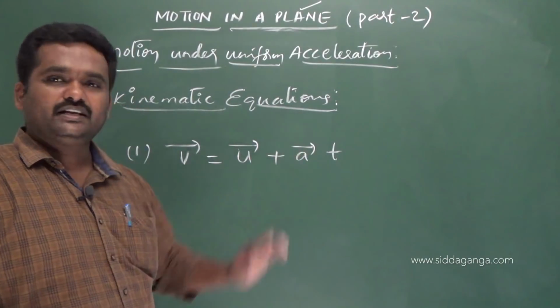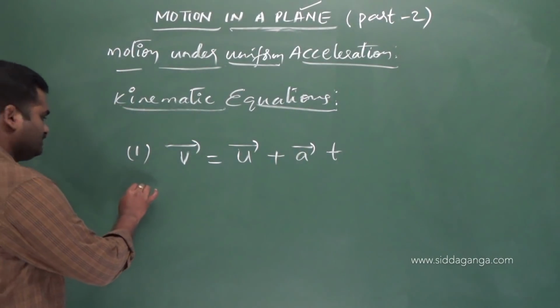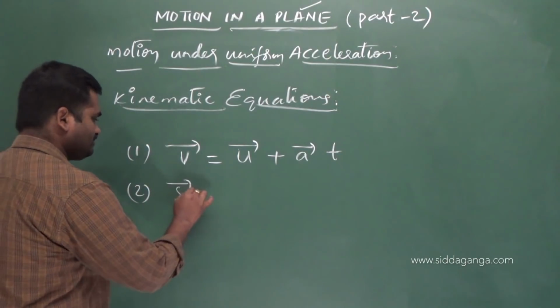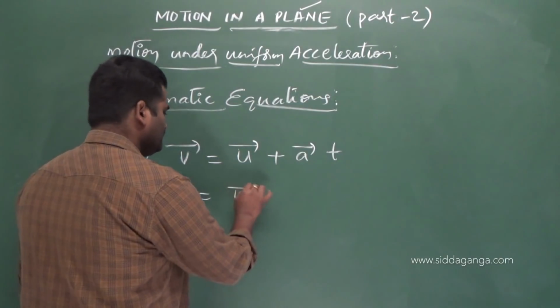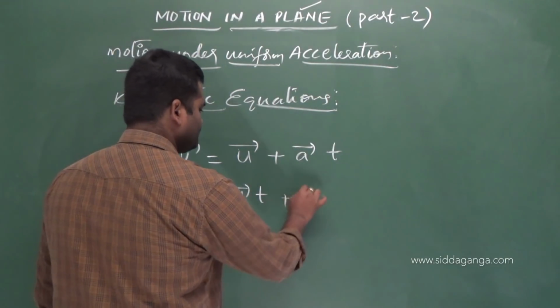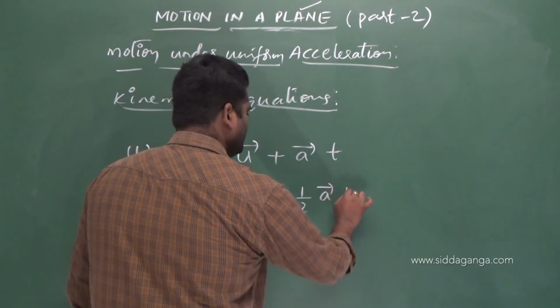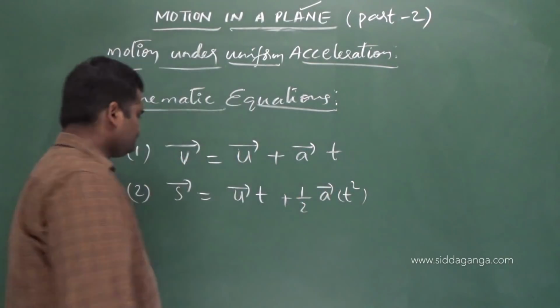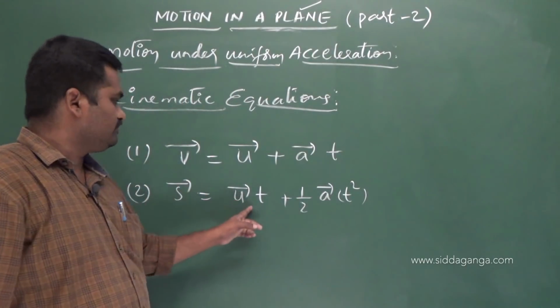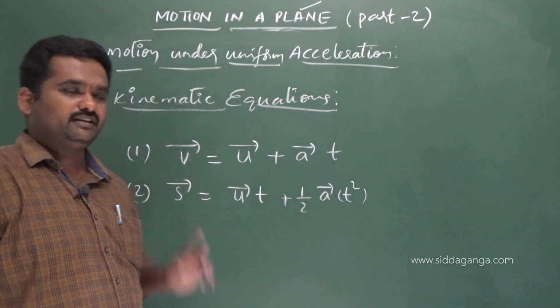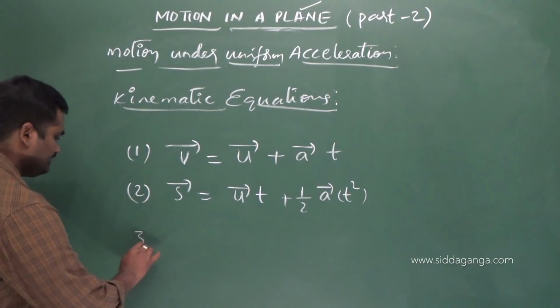v equals u plus at, and the next second equation is for displacement. s equals ut plus half at square; here also, s bar equals u bar into t plus half into a bar into t square. And then the third equation is like